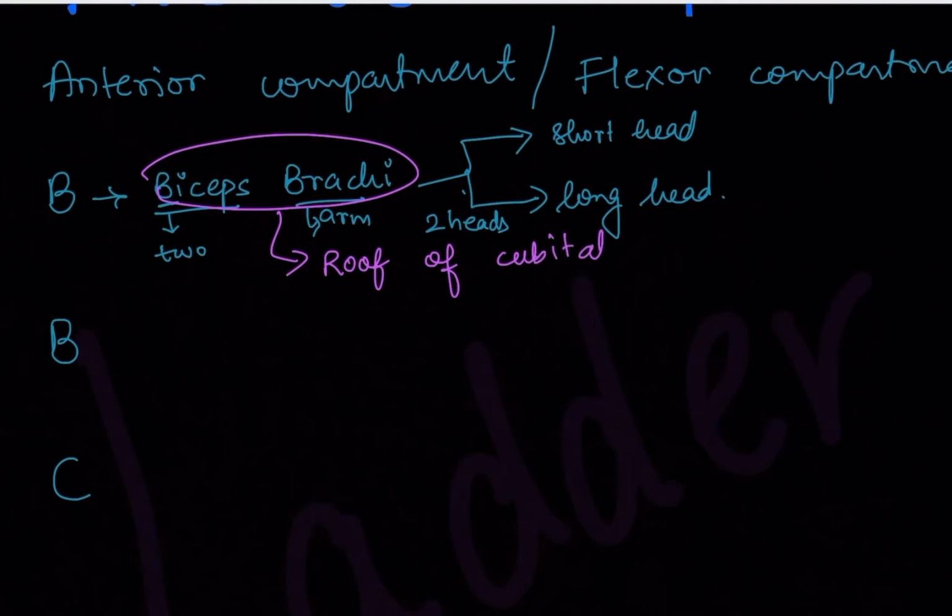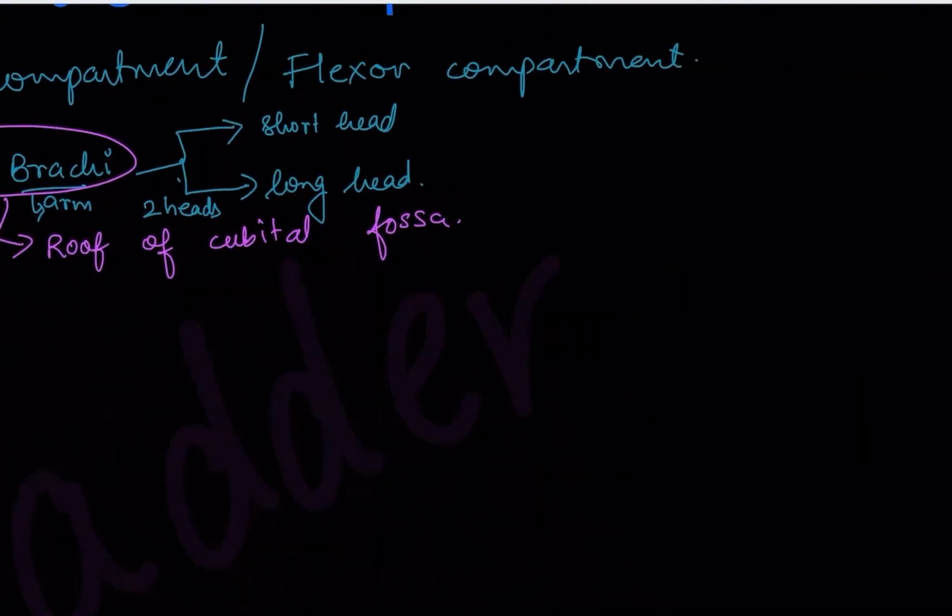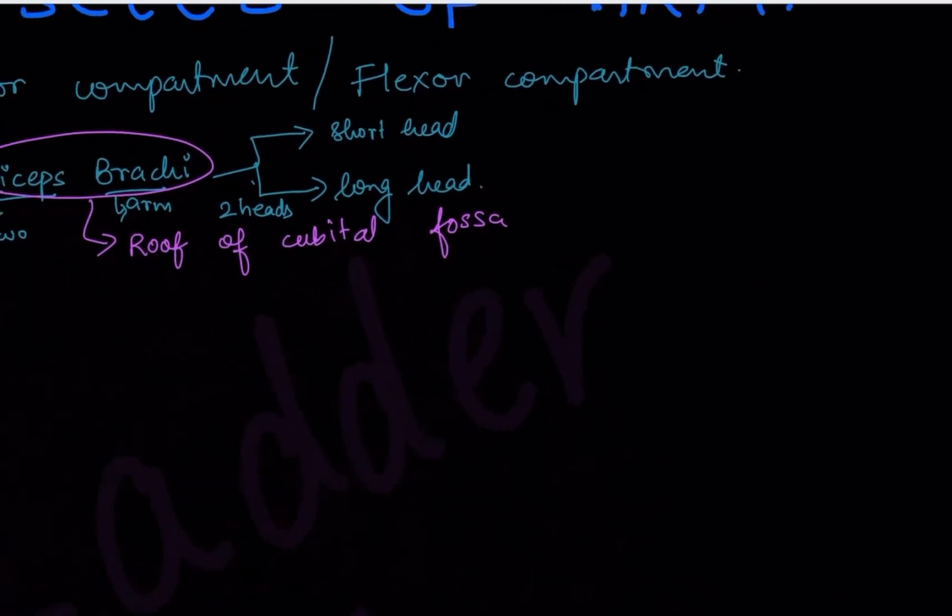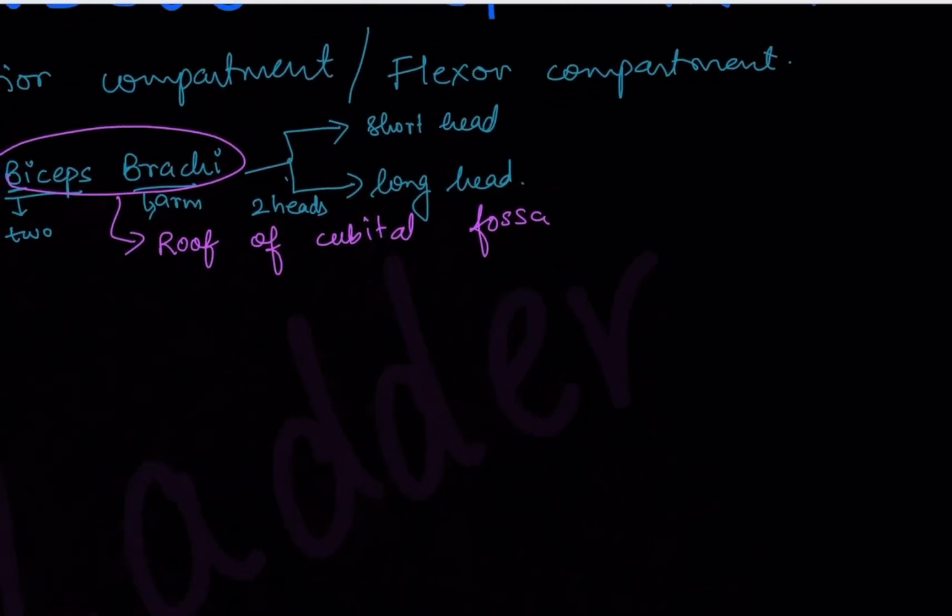Now what is the cubital fossa? It's at your elbow joint. So this is your hand, right? Here many of you might have got a blood test or something done, right? So we give the injection over here, the place where you can bend your hand. At the same place you have this cubital fossa, which contains nerves and vessels that pass from there. So the roof of that cubital fossa is formed by biceps brachii. We have a separate video on the cubital fossa, so don't worry about it. We'll be learning it in great detail.